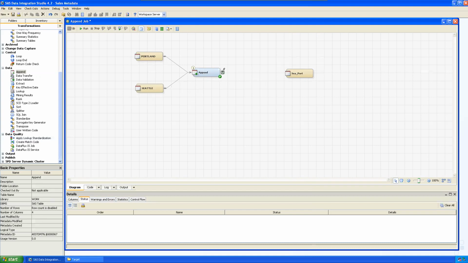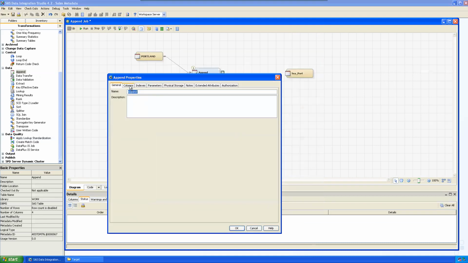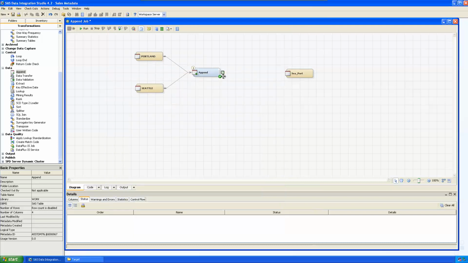So no physical location has been defined for this work table. Okay, and even no physical name is given to this work table. If you want, you can check the properties of this work table. Simply right click and go to the properties. Now it is showing append properties, right? Append properties it is showing, but we need the details of this work table. Okay, let's right click and